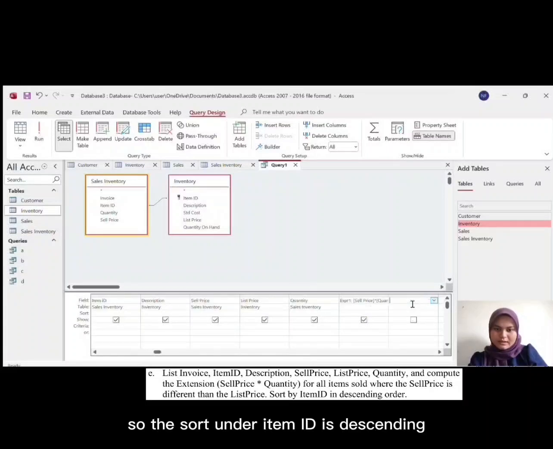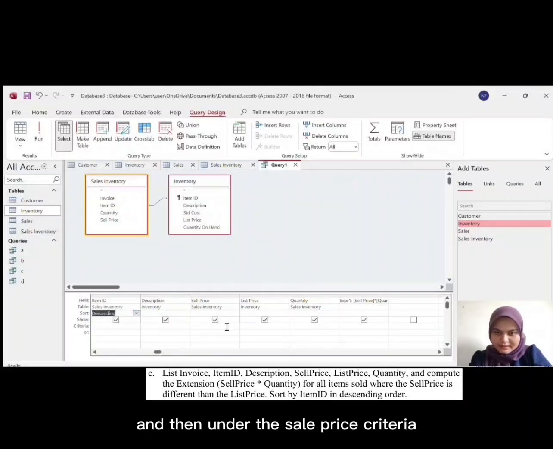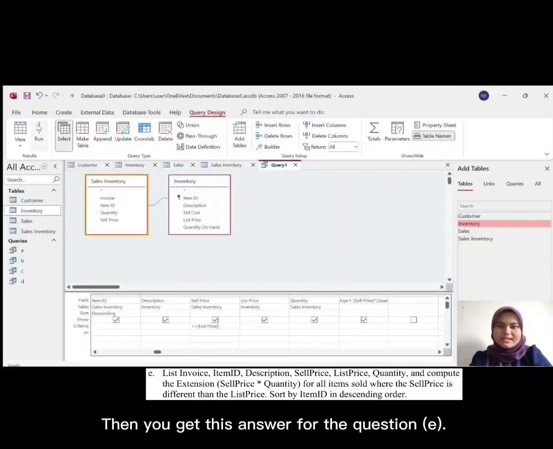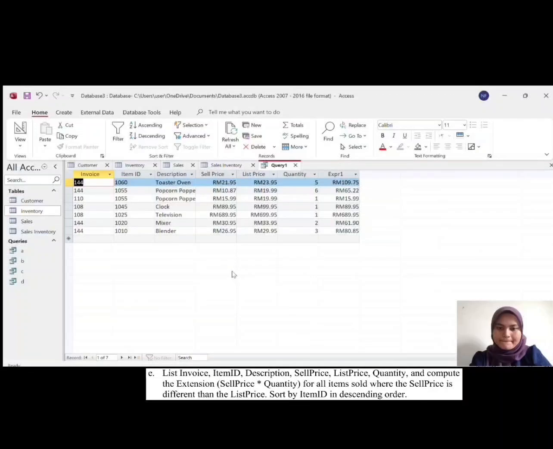So the sort under item ID is descending, and then under the sale price, the criteria you need to write like this. Okay, list price, and then you run this, and you get this answer for question E. Okay, only seven items.